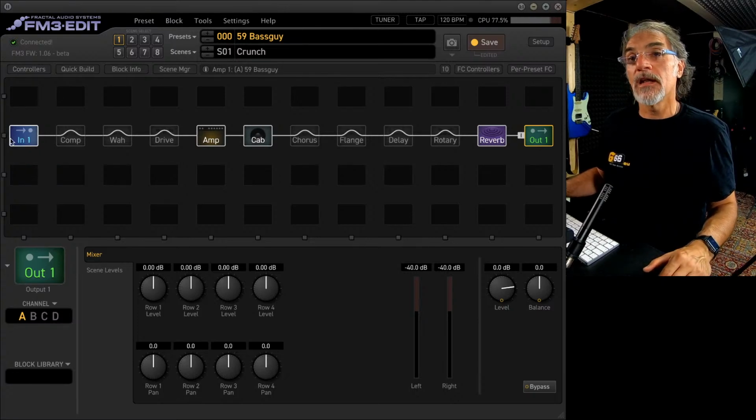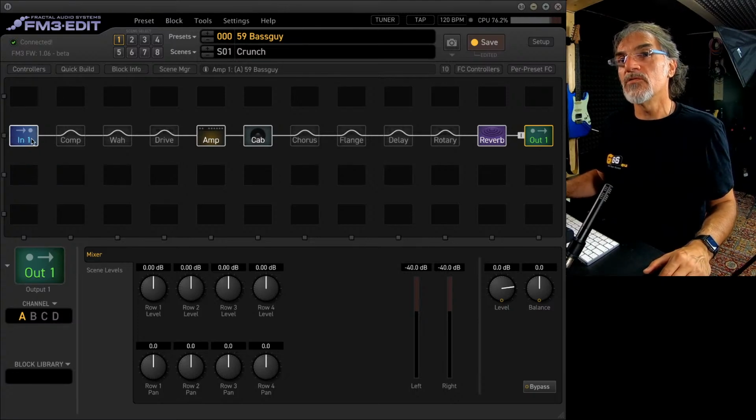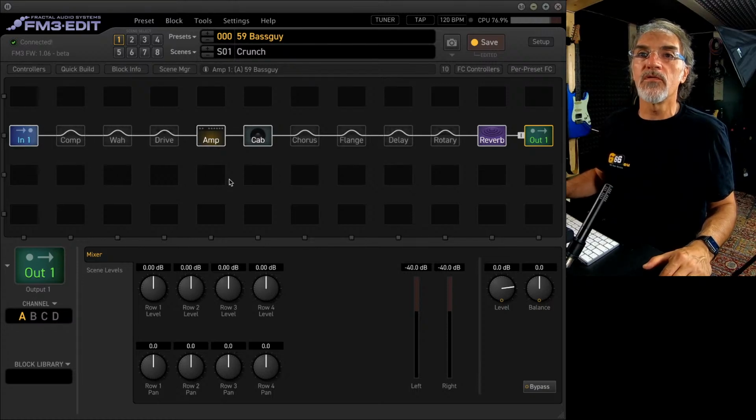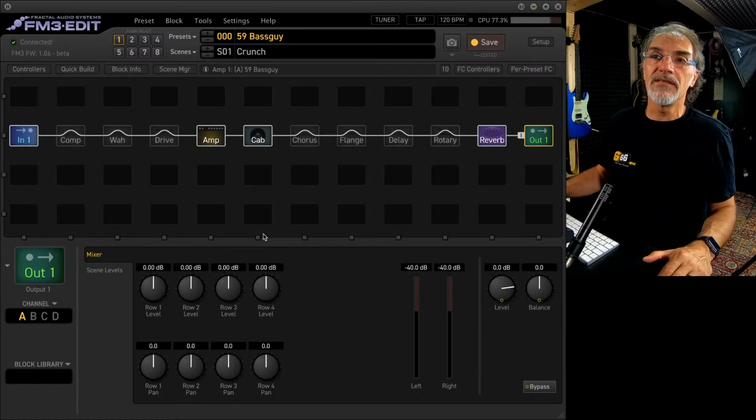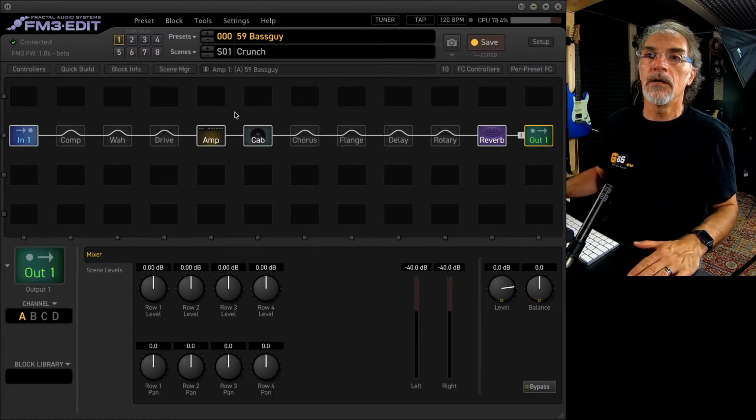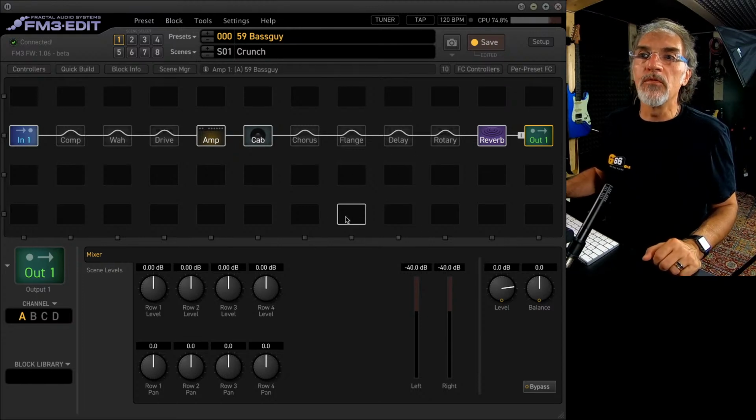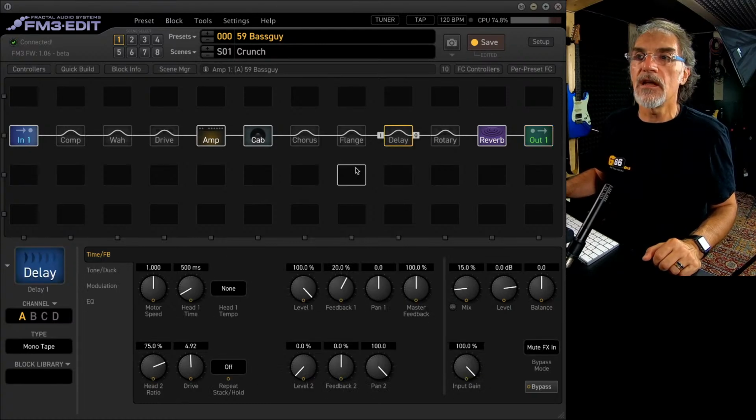Not only can you create your rig horizontally in a single line, but you can also create a parallel line using the matrix. The matrix is a very important part. So, for example, I wanted to put a second delay in parallel to this delay.